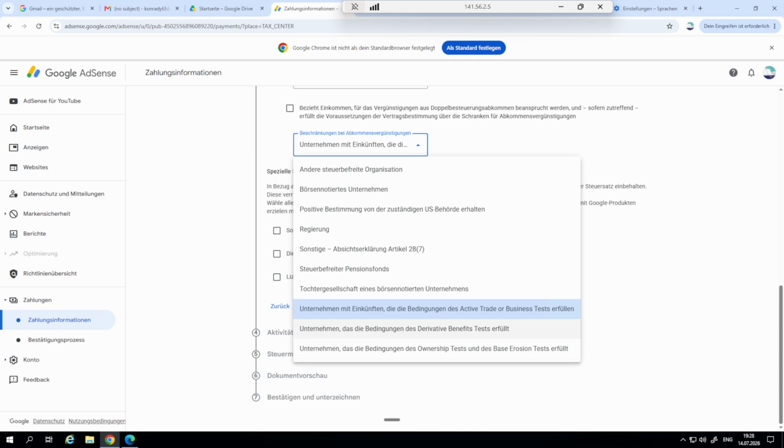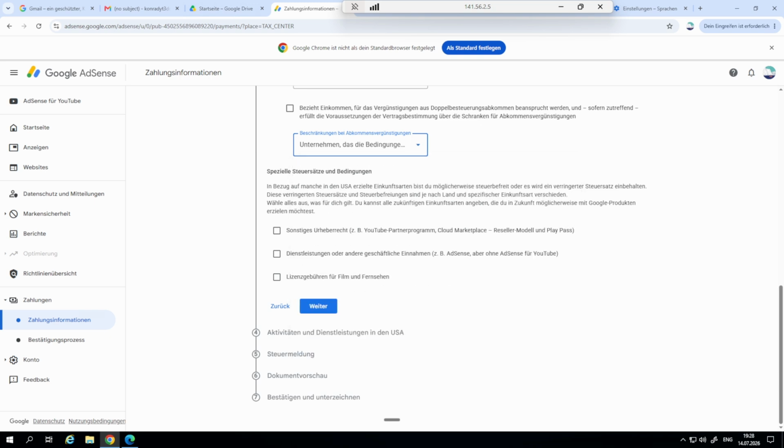But if you were living in, I don't know, probably China or North Korea, which doesn't have a treaty with the USA, you couldn't select that. And it is sort of harder to prove. But for me, it's very easy to prove since I have a German tax residency. And we can continue